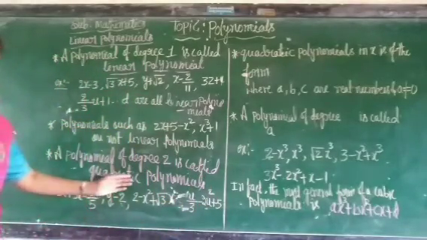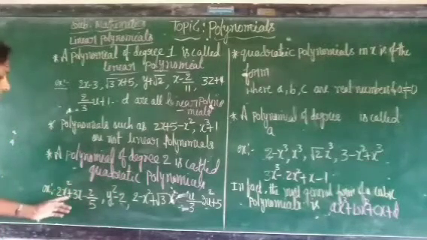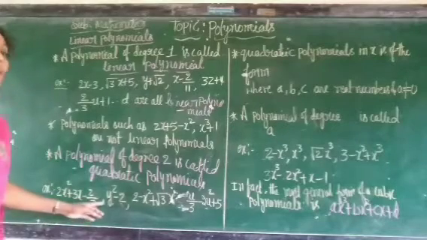Examples of quadratic polynomials are 2x square plus 3x minus 2 by 5, y square